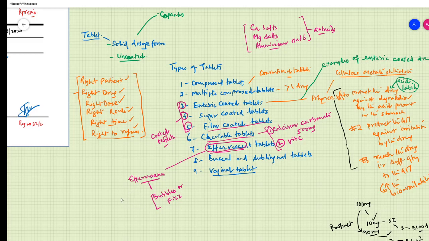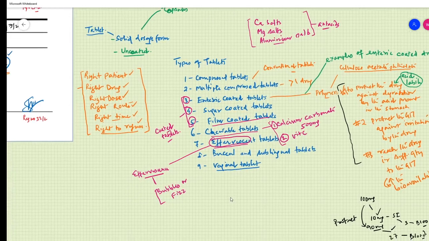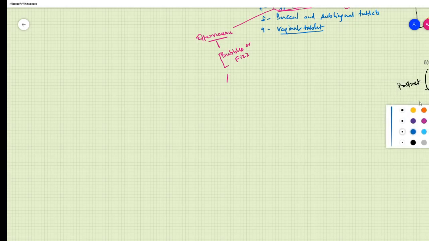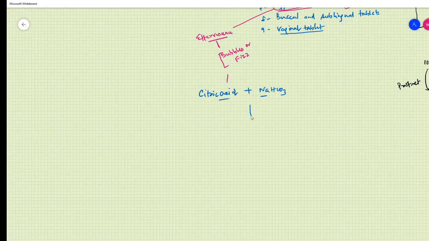And what are the chemical constituents? If we look at the chemical constituents, things become very clear to us. It is basically an acid-base reaction. So there should be a base and there should be an acid. First I'll use a different color. The acid could be citric acid. And we need a base. What could be the base? It could be sodium bicarbonate. So acid plus base reaction will give carbon dioxide, in presence of water. That carbon dioxide is responsible for the bubbles or the